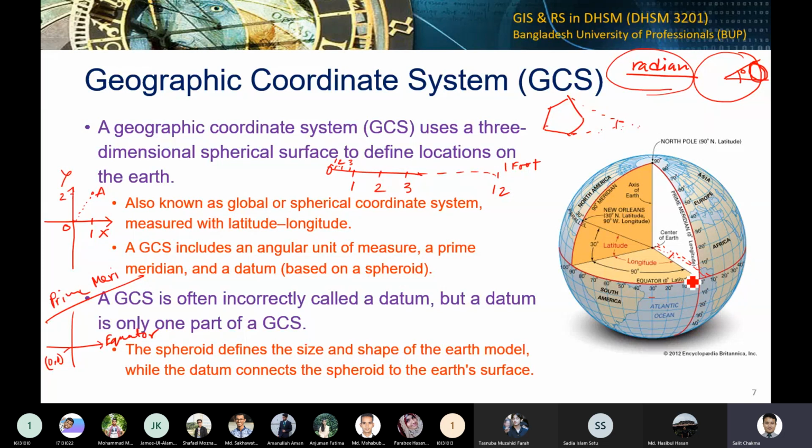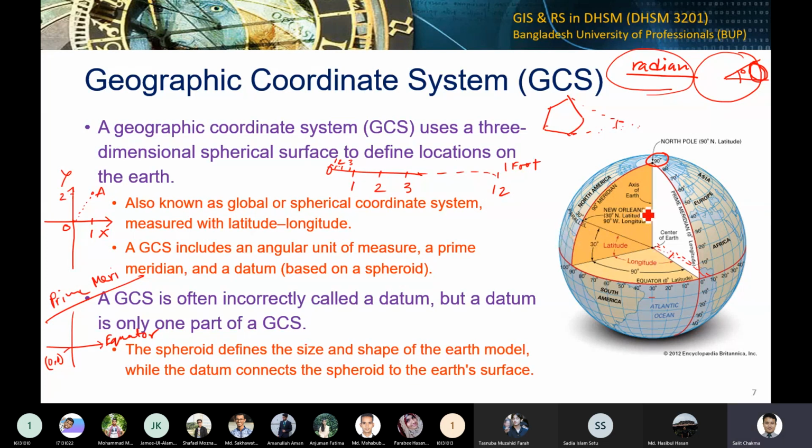So now here is our equator, and all the lines which are parallel to the equator, that means in here we could have 90 degrees. Okay, from this 0 point we could have 90 degrees, and in South Pole we can have another 90 degrees. So every degree is actually creating one parallel. So this is all about angular measurement. Every degree is creating one parallel.